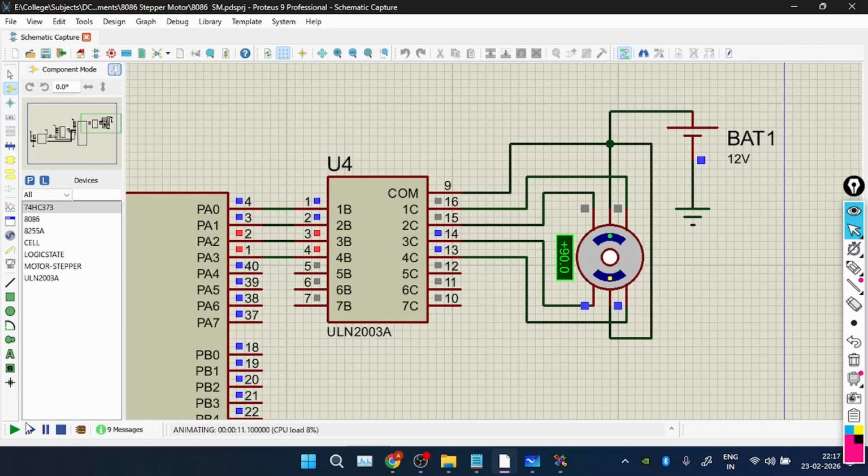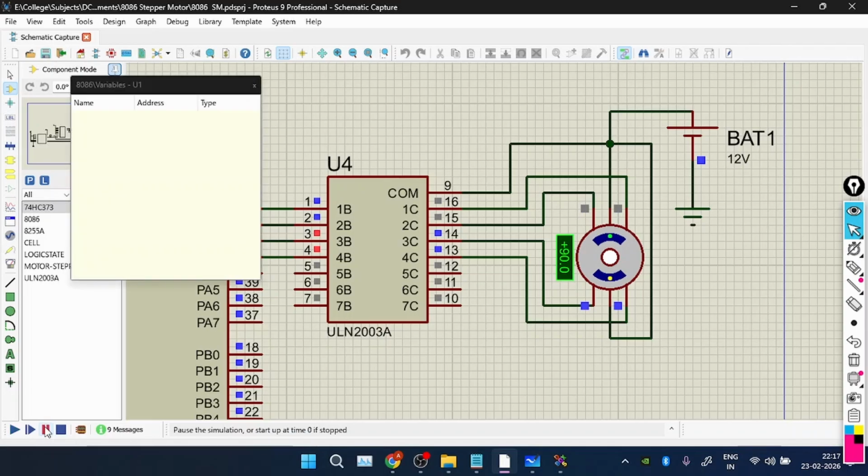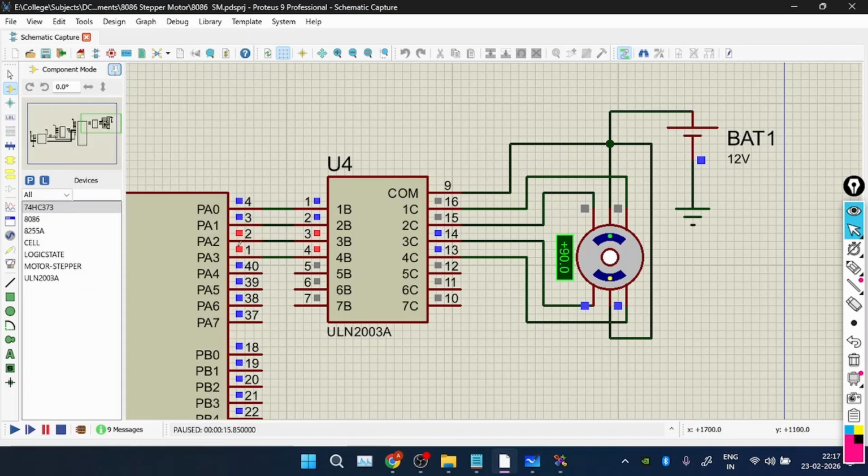What we are going to do is we are going to analyze it in a stepwise, in a frame by frame manner. Okay, so this is 0 degrees. Stop, just pause here. Now, if you observe here, we have to go from the highest to the lowest. So when you're going from highest to the lowest, what are the ports that you're going to get are,